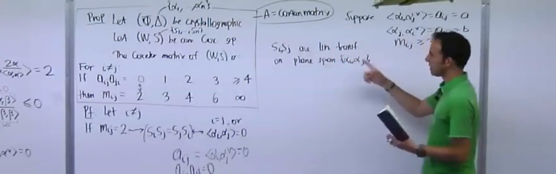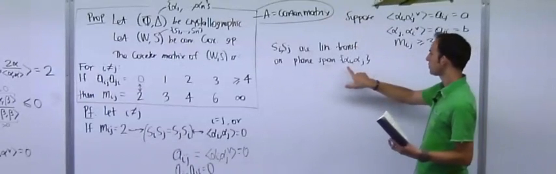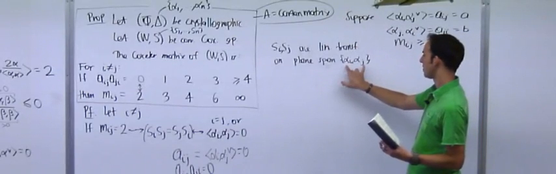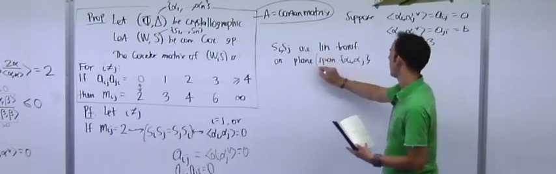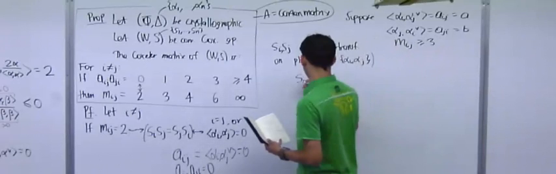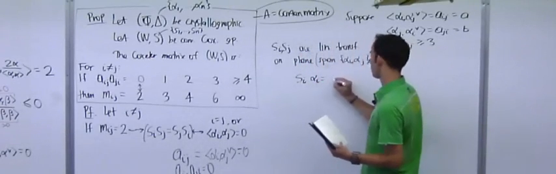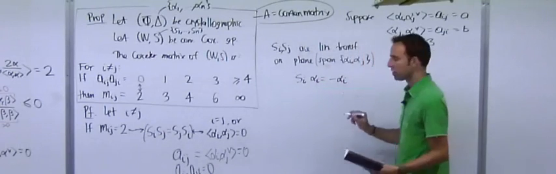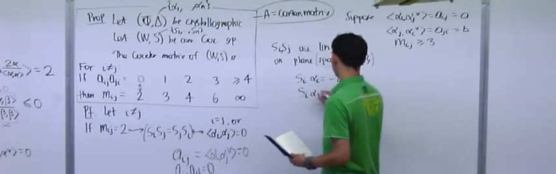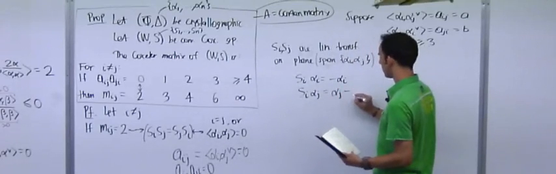Now, they're linear transformations on the whole space, but in particular, they're linear transformations on the plane span of alpha i, alpha j. Why is that? Because what does S_i do to alpha i? It sends it to minus alpha i, right? And what does S_i do to alpha j? It sends it to alpha j minus,